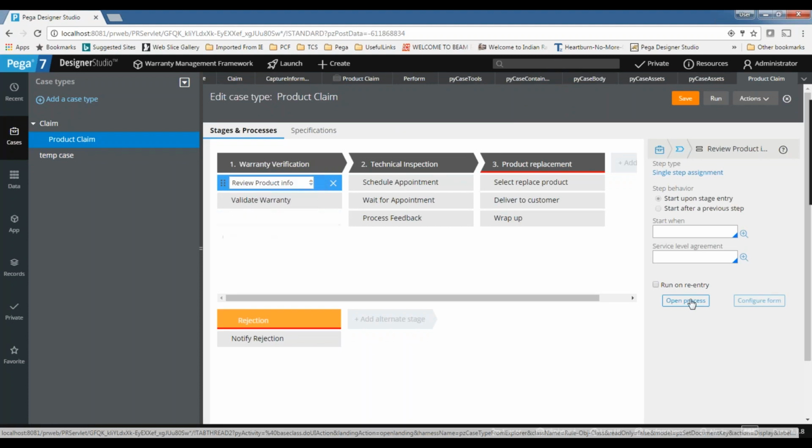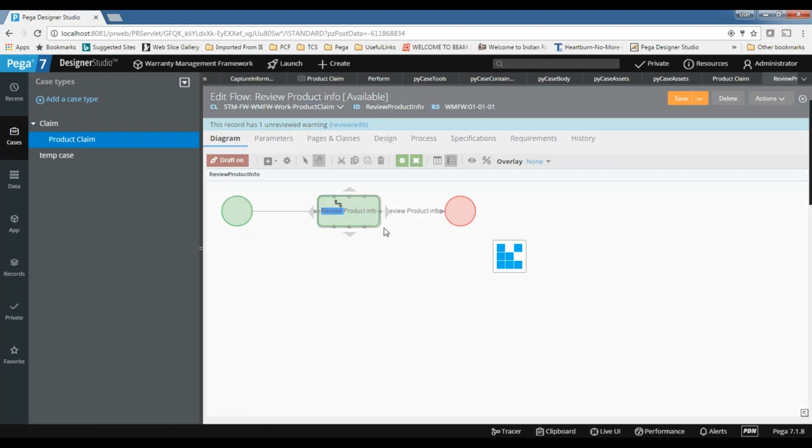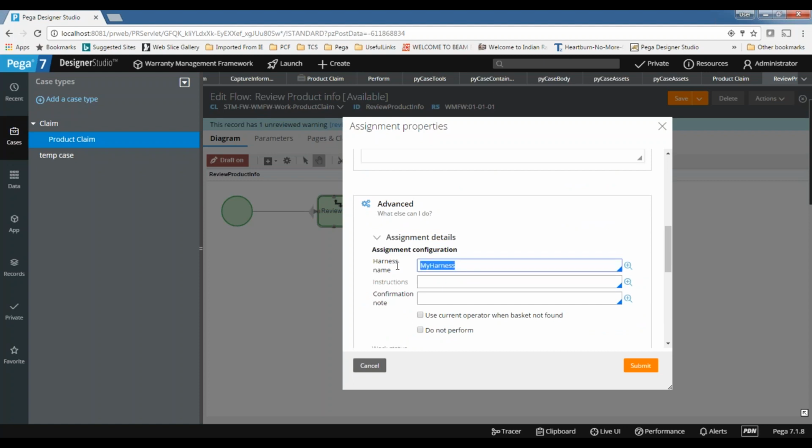What is the difference between confirm and review harness? See, confirm harness also would be read only, right? Final confirmation. Read only, but you can see some messages on the top. In the review harness, you cannot do anything. It won't display anything at all. If you don't have any work, let me show you that one. Let me make it. This is a review harness.